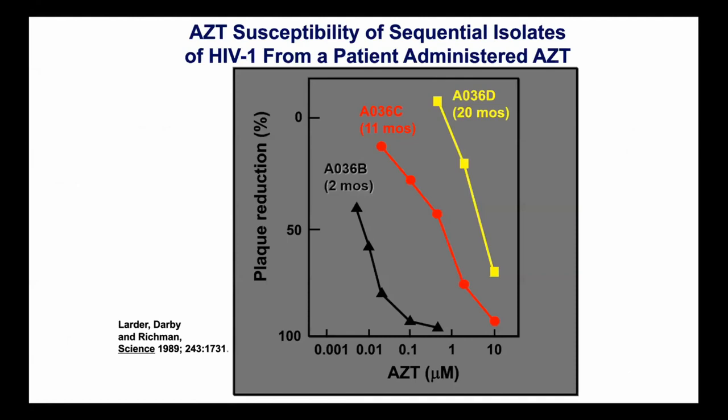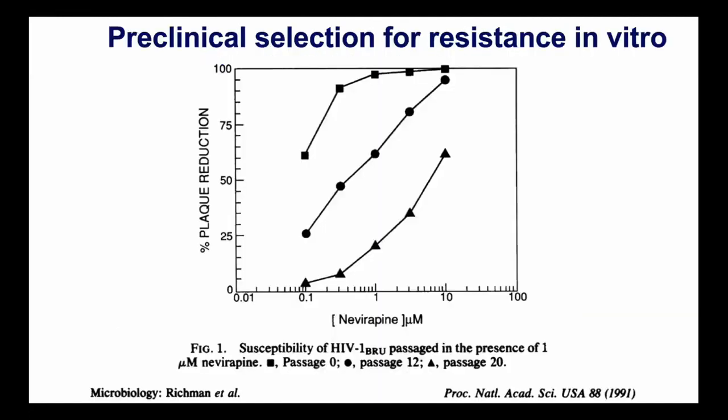Because my colleagues and I were interested in drug resistance based on experience with herpes drugs, we took sequential samples from patients here in San Diego and showed that over time, the virus you isolated from patients became progressively more resistant to AZT, and that was associated with the progressive accumulation of mutations in the resistant virus. And what was observed is that over time, the patients who were on AZT started to fail as well, because the drug no longer had any substantial activity against